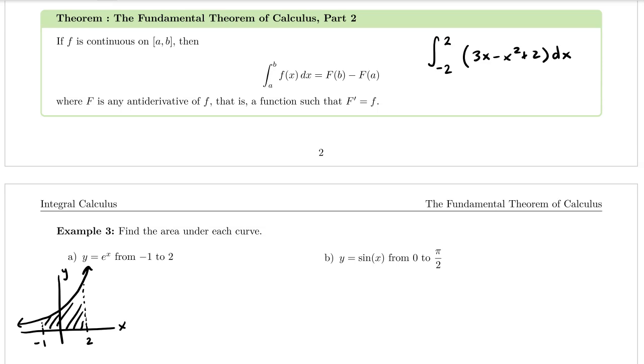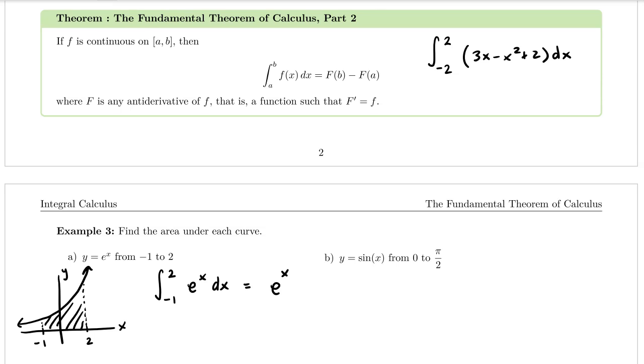So the way that we're going to do that is we've learned that the area is equal to the definite integral from -1 to 2 of e to the x dx. And the really nice thing about the natural exponential function is that its derivative and its antiderivative are both e to the x. So this is equal to, the antiderivative of e to the x is e to the x. And previously, you might have learned that we put the constant of integration, and that is typically when we're taking the most general antiderivative. And I'll address that a little bit later, but I'm just going to write the antiderivative